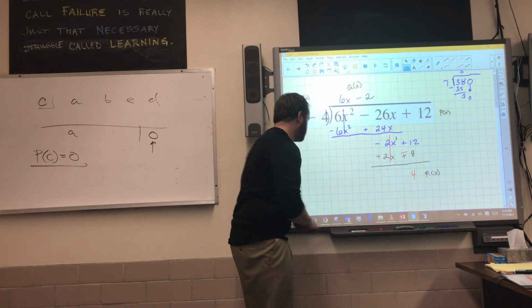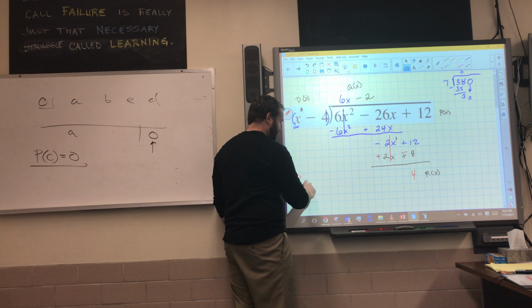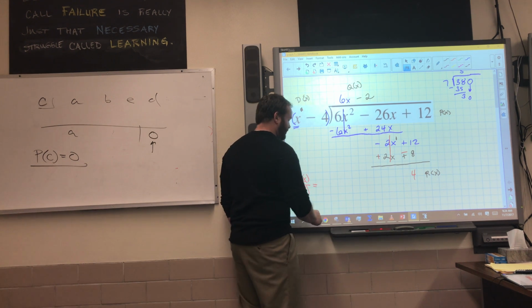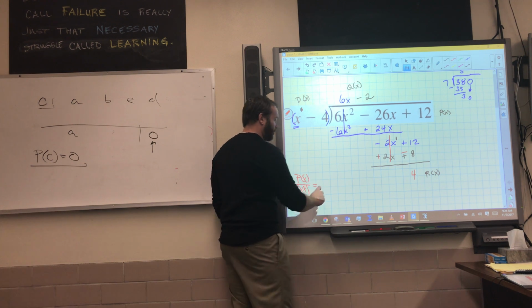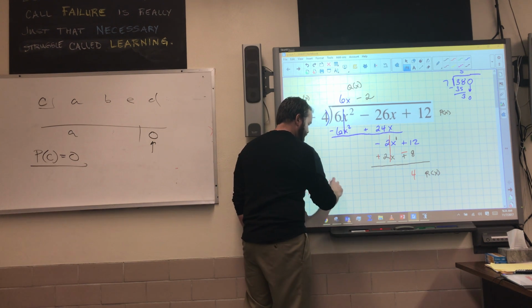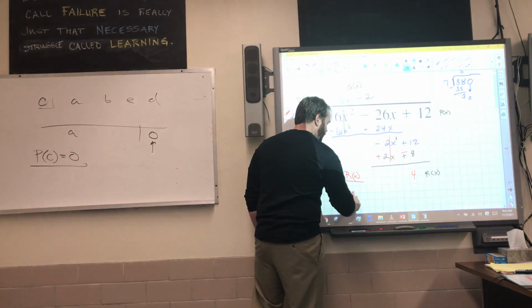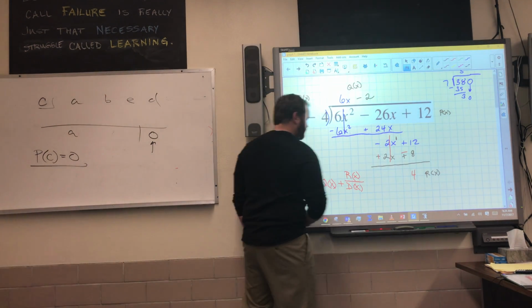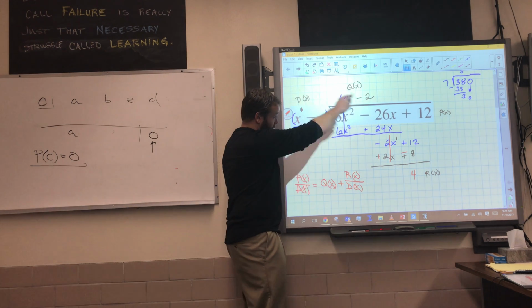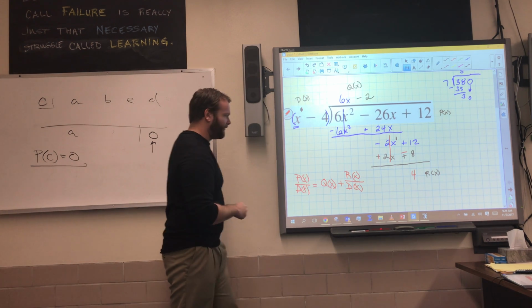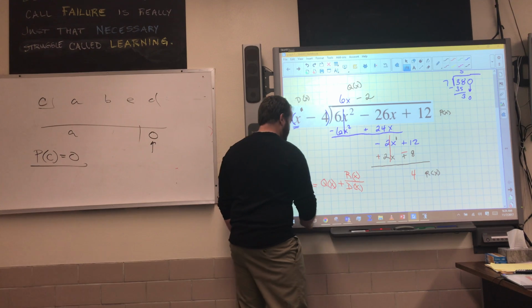One of them was that p of x divided by d of x was equal to your quotient plus your remainder over your divisor. Okay? So I'm going to take all those parts and form fit them to this. So that tells us that